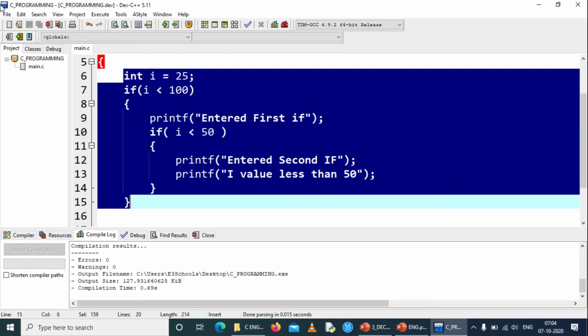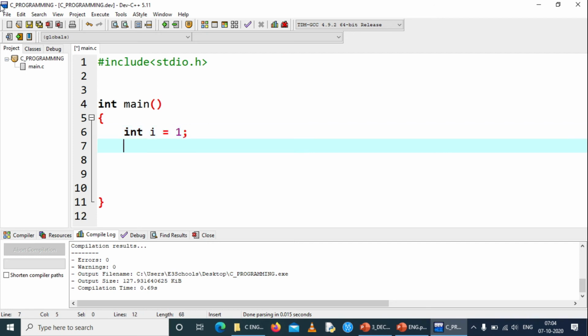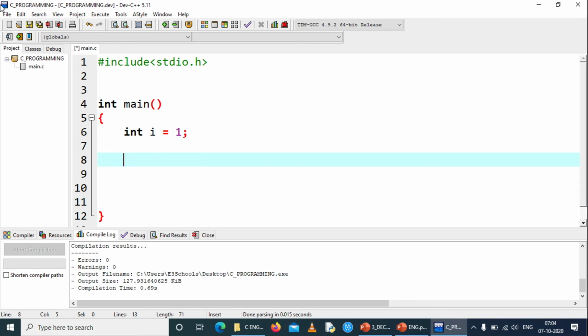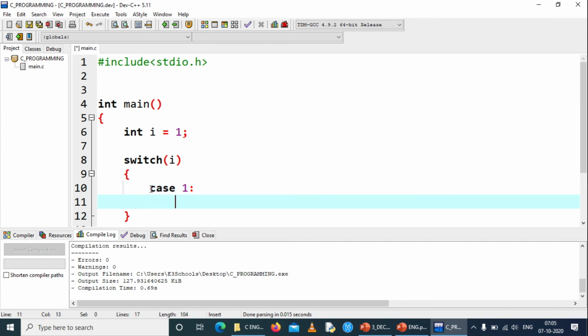Our task is to print the value of a number in words. The I value will be from 1 to 5, and whatever the I value is, it must print the word in the output. Switch of I: the value to be given as choice is given here, I. Case 1: when the I value is 1, this case will be executed.